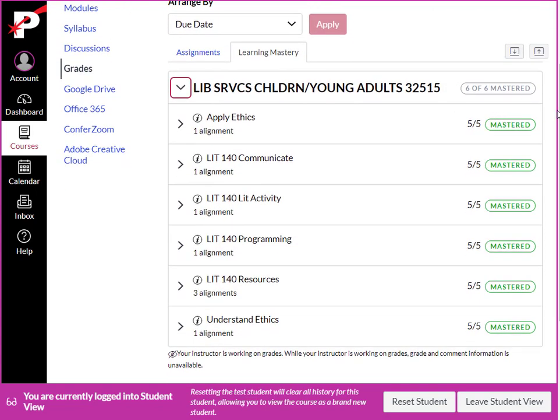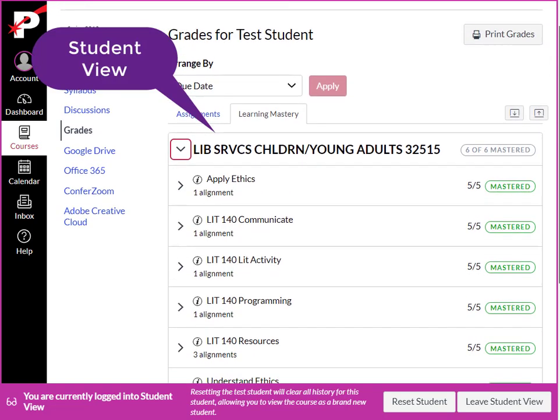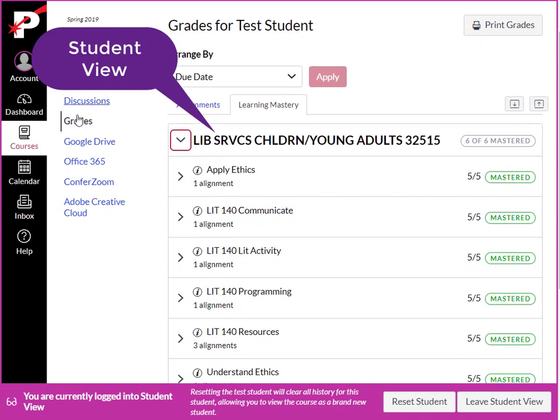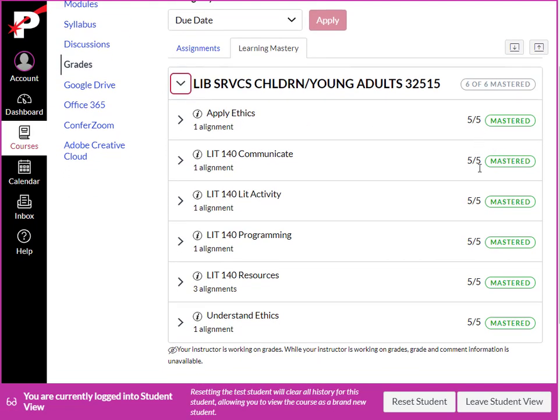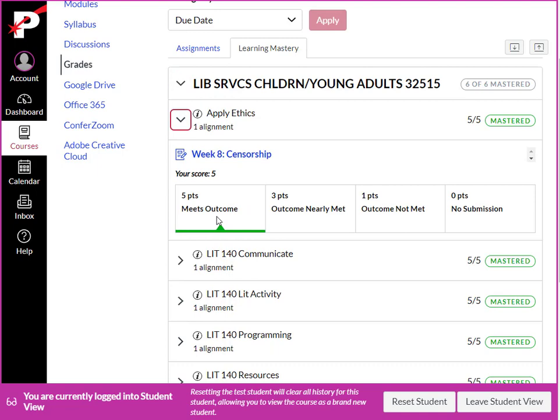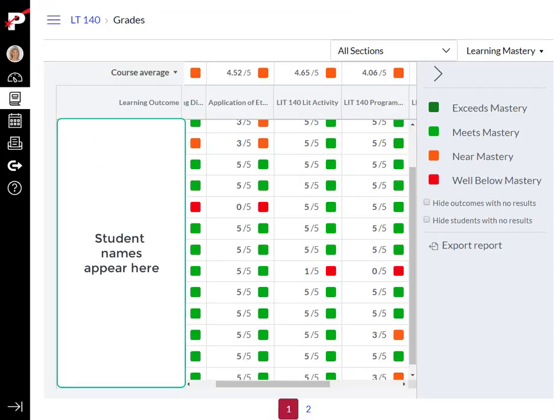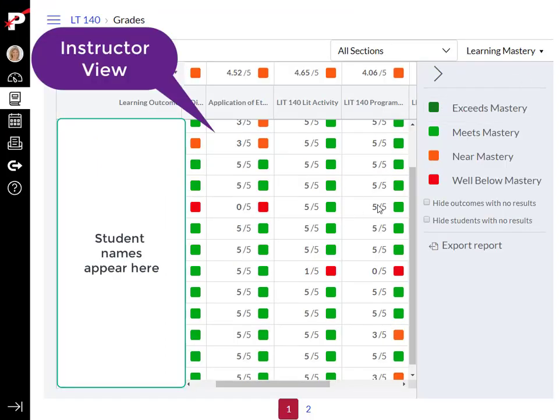the course learning outcomes. So this is a sample of a student's grade book where they could go to their grade section, look in Learning Mastery, and see how they're doing to meet the course learning outcomes. In this case, this is the end of the semester and the student has mastered all of the learning outcomes. So that's one advantage. The second advantage is that as an instructor, you have a bird's eye view as to